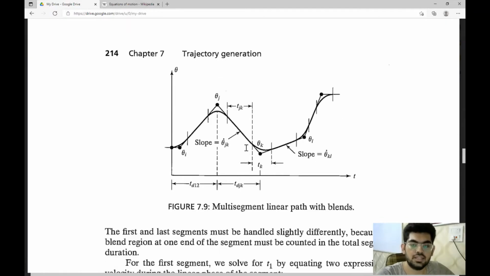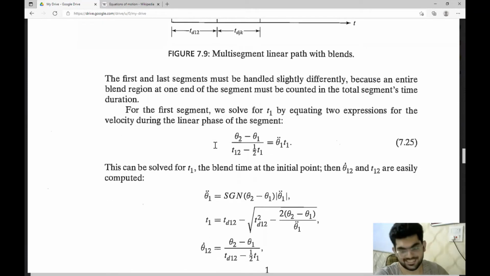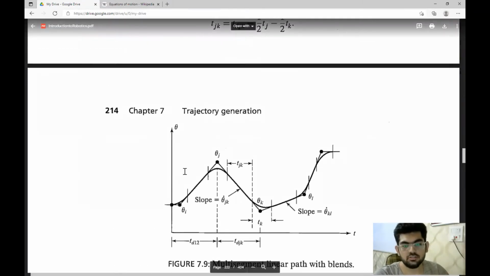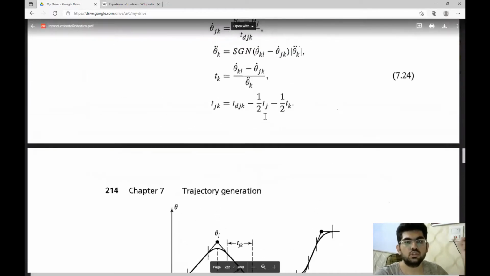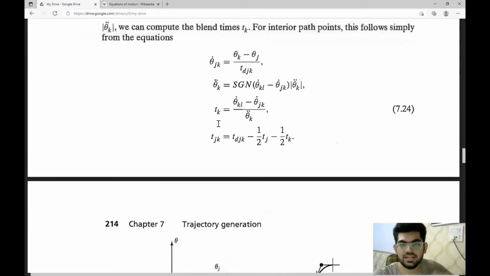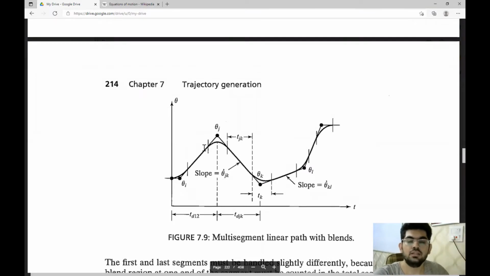We're just going to be seeing how to make a curve that looks something like this, not touching all the points. Now, there is a lot of mathematics involved in this, as usual in robotics. In order to solve for this curve, we first need to solve for some intermediate values. These intermediate values are, for instance, the intermediate velocities, the intermediate accelerations, the intermediate times, and the time the robot should take to pass this blend, like how much time should be given to this blend.